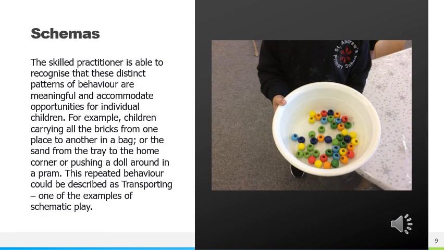The skilled practitioner should be able to recognise that there's a distinct pattern of behaviour and that it is meaningful, and then they can accommodate the opportunities for individual children. For example, children carrying all the bricks from one place to another in a bag, or the sand from the tray to the home corner, or pushing a doll around in a pram. These little hints are a hint of their schema, and if this is the behaviour that's being repeated, it could be that they're transporting